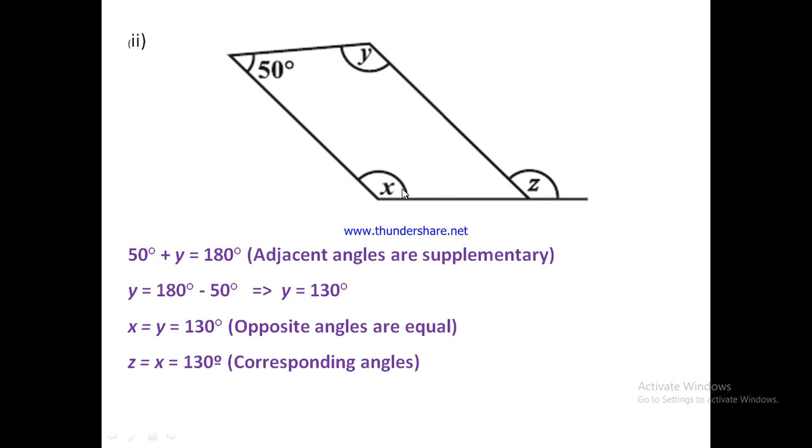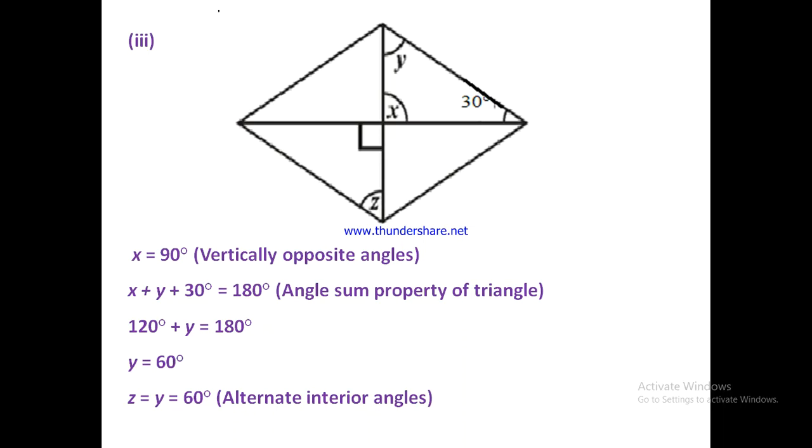Now z, as we know that when two parallel lines are cut by a transversal, then the corresponding angles formed are equal in measure. So x and z are corresponding angles of these two parallel lines cut by this transversal, so z will also be equal to x, that is 130 degree. Third part,